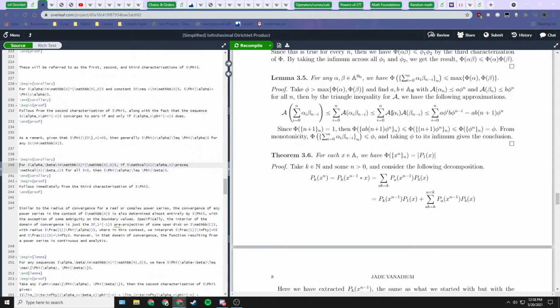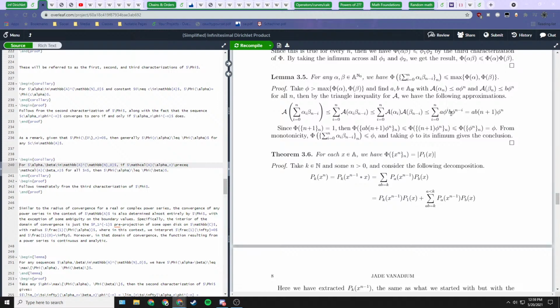And then because each of these terms, absolute value alpha sub i and absolute value of beta sub whatever, is bounded by these other terms, we have a times phi power i, b times phi power n minus i. Then just by factoring out these phi values, the powers of i just cancel out, and we just get phi power n, which is constant with i, and we can also factor out the a and b. Then the summation is just the summation of i from 0 to n of just 1. So this is exactly equal to a times b times n plus 1 times phi power n.